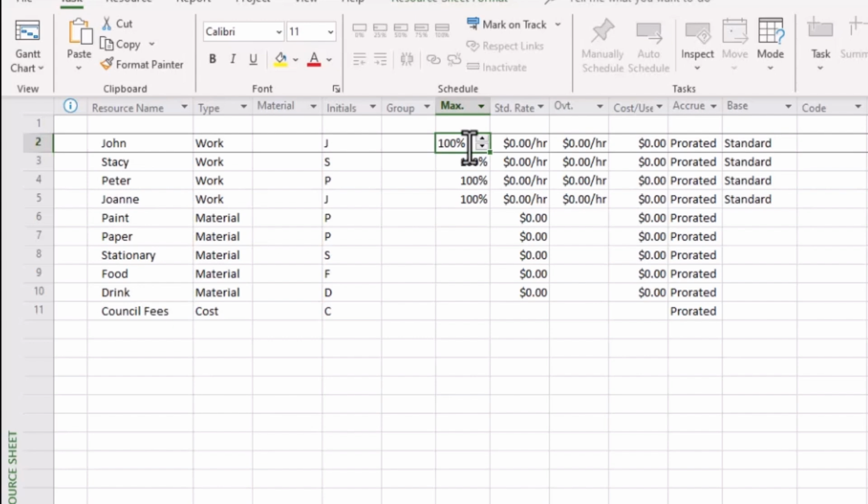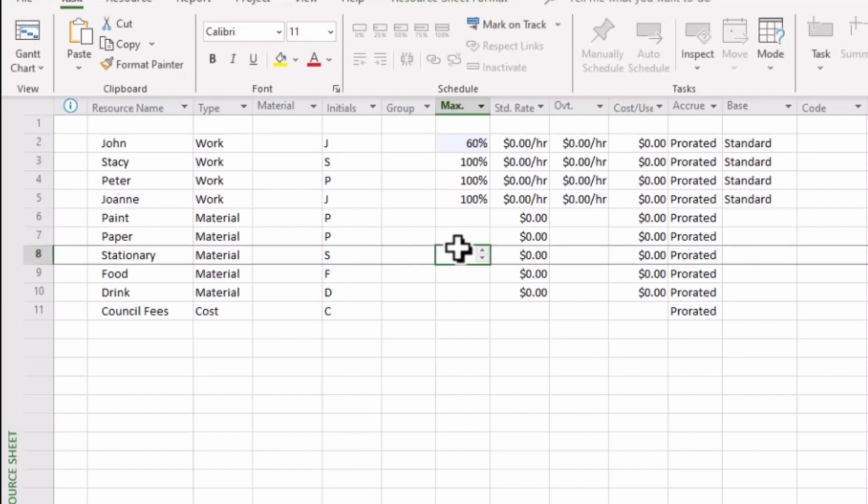Now you might wonder, well, what does that mean? Well, say for instance someone was a part-time employee, say only worked 3 days a week out of a 5-day week. Well, straight away, the maximum time you could put to this project would be 60%, indicative of 3 days out of 5.